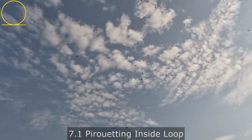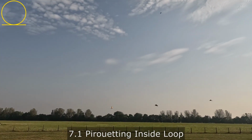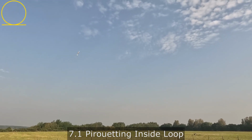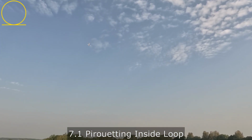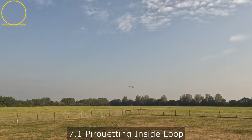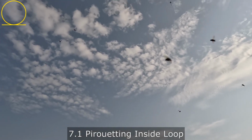Also, you want a similar number of pirouettes on the way up as you do on the way down. I tend to do 6 per loop, which is 3 up to top center, and then 3 on the way down. You don't have to get them exact, but it makes it easier to hit the finish perfectly, and also it doesn't look uncontrolled with maybe 2 on the way up and 7 on the way down. It forces you to space them nicely around the loop as well, not doing 3 piros at the top as